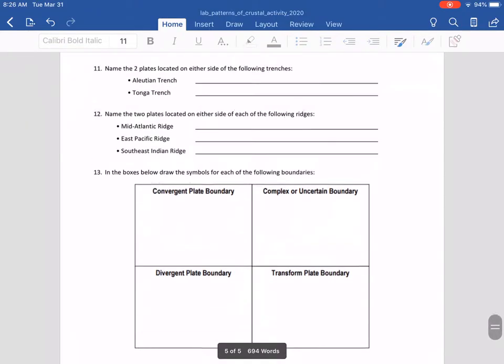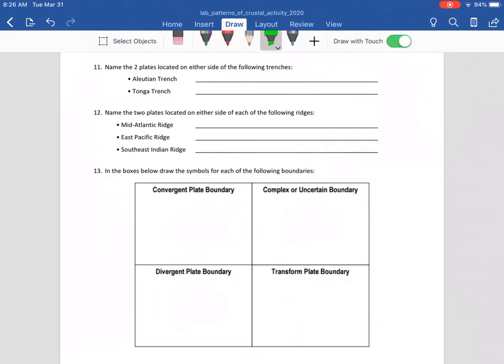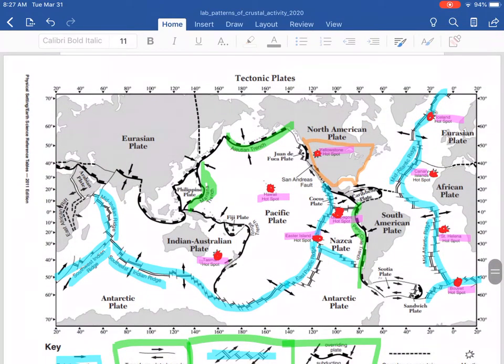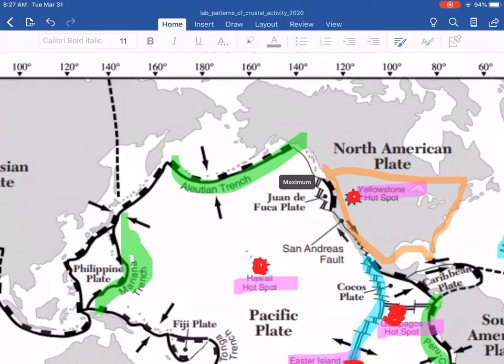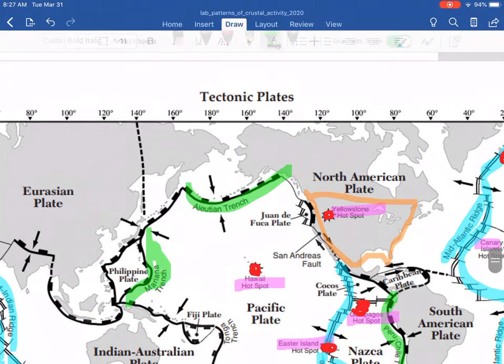On the back page, it's a very similar exercise in terms of interpreting this map. I'll model the first one for you. The two plates on either side of these locations. The first one we're given is the Aleutian Trench. If we're looking at the map, the Aleutian Trench is the one up there in the northern part of the Pacific Ocean. I'll do this in red. So for where the Aleutian Trench is here,